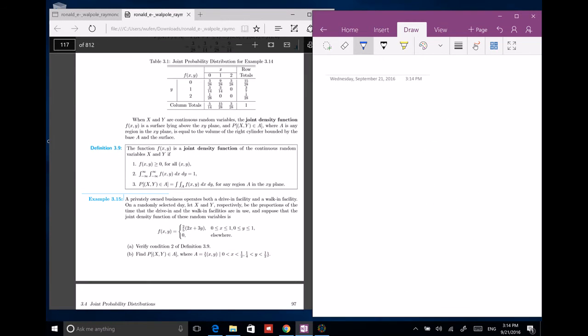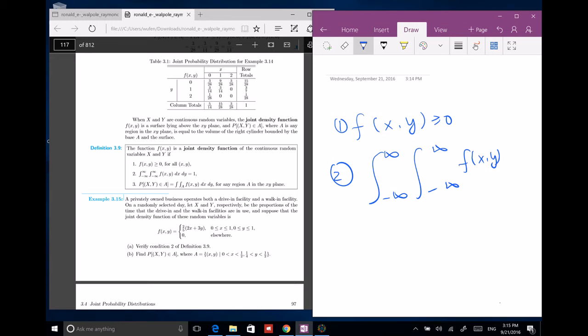Then the next is the joint density function. The joint density function is for continuous random variables. For continuous random variables, the density is also always bigger than or equal to 0. Second one, if it's continuous, you take the integration from negative infinity to positive infinity of f(x,y) dx dy, because it's two-dimensional, and that equals 1. And 3 is you find the probability of (X,Y)